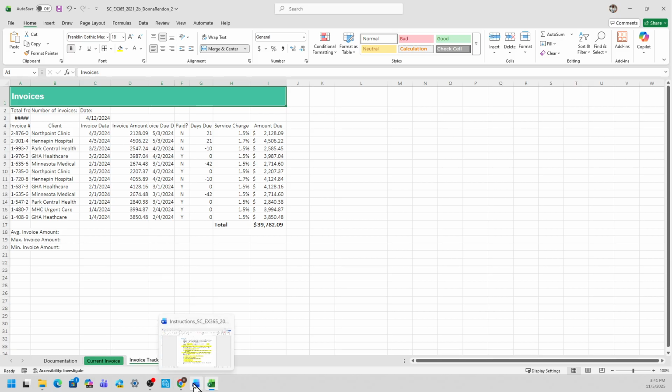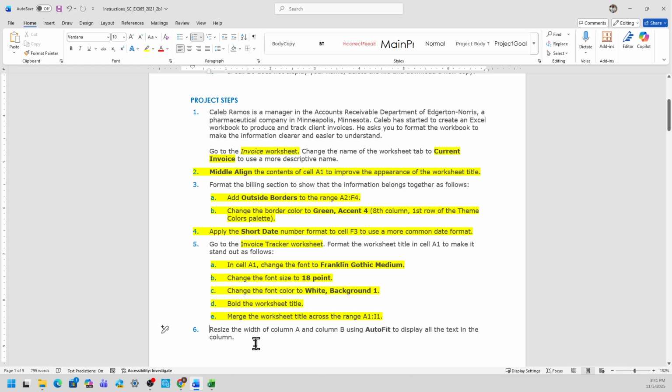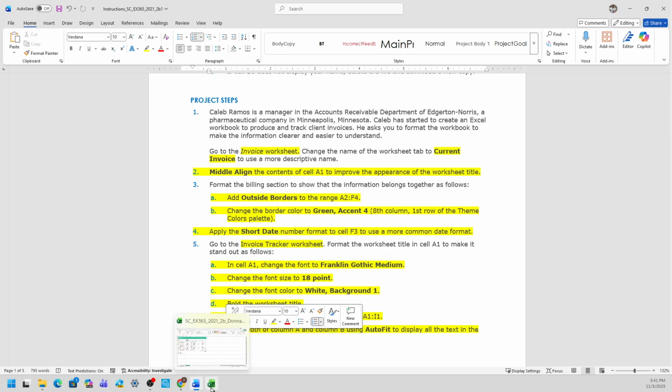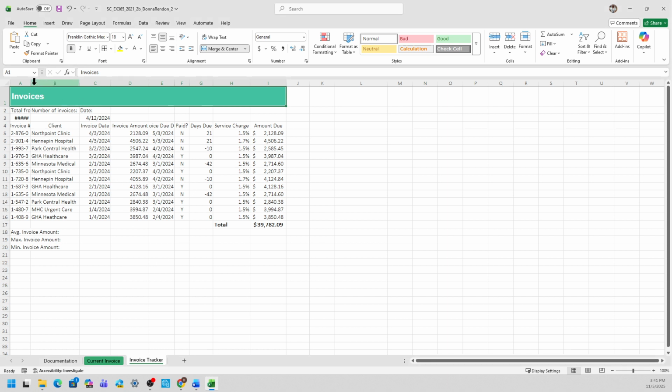Now, back to the instruction. We're going to resize the width of column A and B to auto-fit to display all the text in the column. That's pretty easy. Go back to the start file, and then from here, select column A and B. There's two ways to do this.